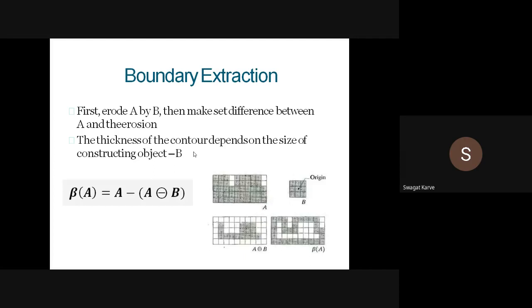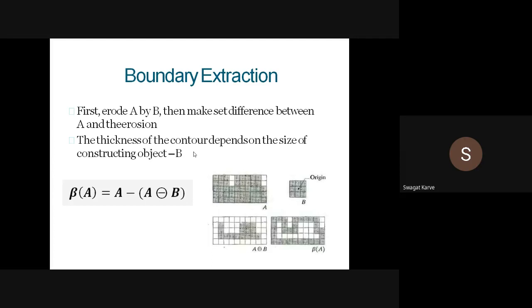Okay, now what next have we discussed? The hit and miss transform combines the erosion and dilation operations. It's a combination of erosion and dilation. In the hit and miss transform, the hit structuring element performs the erosion operation, and with the help of the miss structuring element, we are performing the dilation operation.